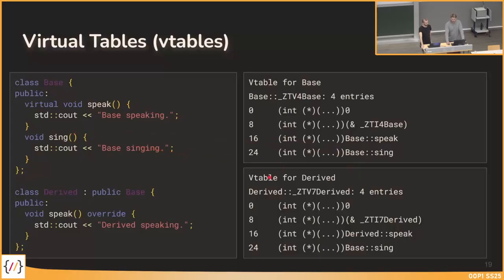And then when we have a look at the virtual table for the derived class, we see, okay, we have a base sing here. It's not declared as virtual in the base class. But now probably the most interesting part in the virtual table for the derived class is this line, which is derived::speak. And this means there is a method in the derived class that overrides the speak method from the base class,